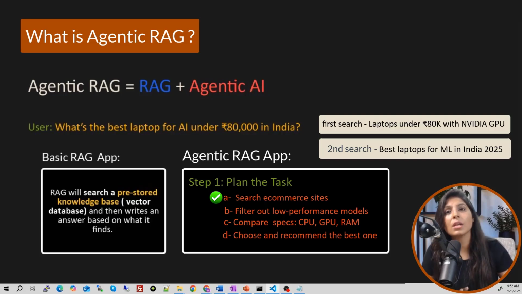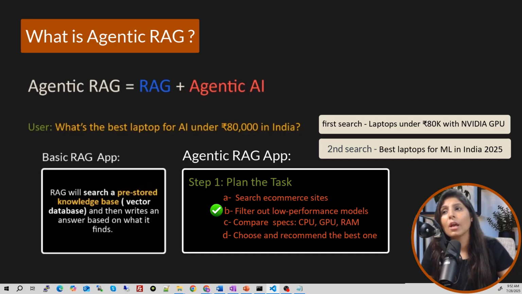Once it receives the new information as per the user's question, the agent will then analyze the data. So till now the agent searched websites like Amazon and Flipkart using different tools, and once the new data is collected, the agent will analyze it.